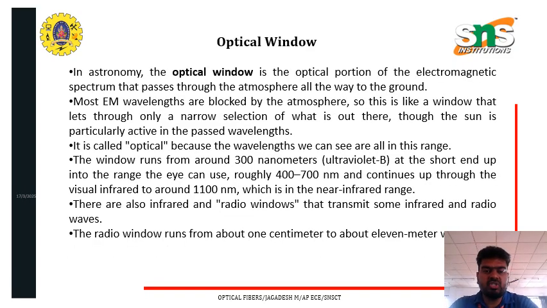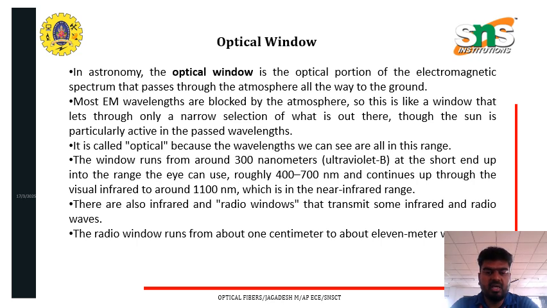Optical window. In astronomy, the optical window is the optical portion of the electromagnetic spectrum that passes through the atmosphere all the way to the ground. Most EM wavelengths are blocked by the atmosphere, so this is like a window that lets through only a narrow selection of what is out there. Though the sun is particularly active in the positive wavelength, it is called optical because the wavelengths we can see